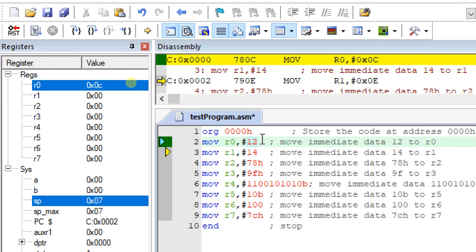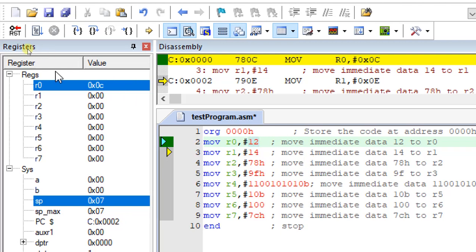The assembler will convert that value into the equivalent hexadecimal value. If you want to move 12H itself, you have to specify it as 12H. Otherwise, if written in decimal, it will convert into hexadecimal and move to the corresponding destination. Here 12 has the equivalent hexadecimal value 0C. 0C is moved to R0.